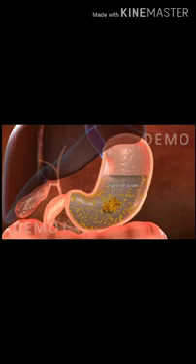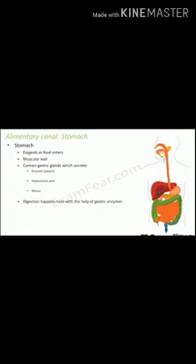Understand? Now, the stomach contains gastric glands which secretes enzymes, pepsin, hydrochloric acid, and mucus. What are gastric glands? First of all, we should know what are glands. Glands are the organs that synthesize and release some substances. So we have several glands in our body. For example, we have endocrine gland, we have exocrine glands. So what are glands? Actually, they are organs that synthesize and release substances like hormones and enzymes.